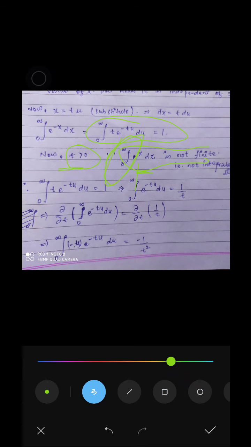So of course the function e raised to the power x is not integrable over the range 0 to infinity. So if t is less than 0, if we assume that, then minus t times u is going to be a positive value, and its integral from 0 to infinity would be like this only. So it would not be integrable. So we got a new fact that t is greater than 0, although it has not much to do with the original proof.